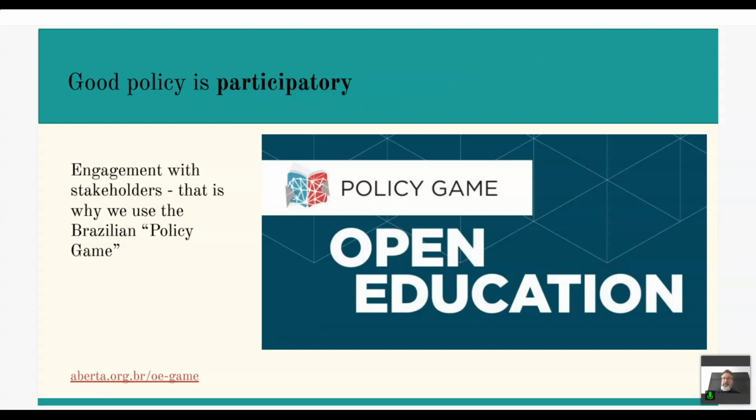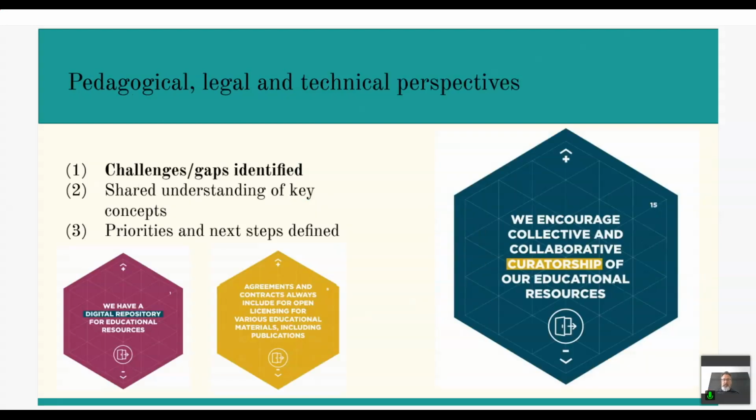Brazil is a country that's maybe not well known for educational policy, but in the field of open educational policy, we've made some quite big strides, and we've become well known for developing policy in this area. And one of the things that we do that has worked really well among many things we tried is this open education policy game. I'd like to show you, because this is something we use with our students, but we've also used it with federal governments, state governments, and institutions, and it's always a really valuable experience to implement this as part of an activity in developing policy.